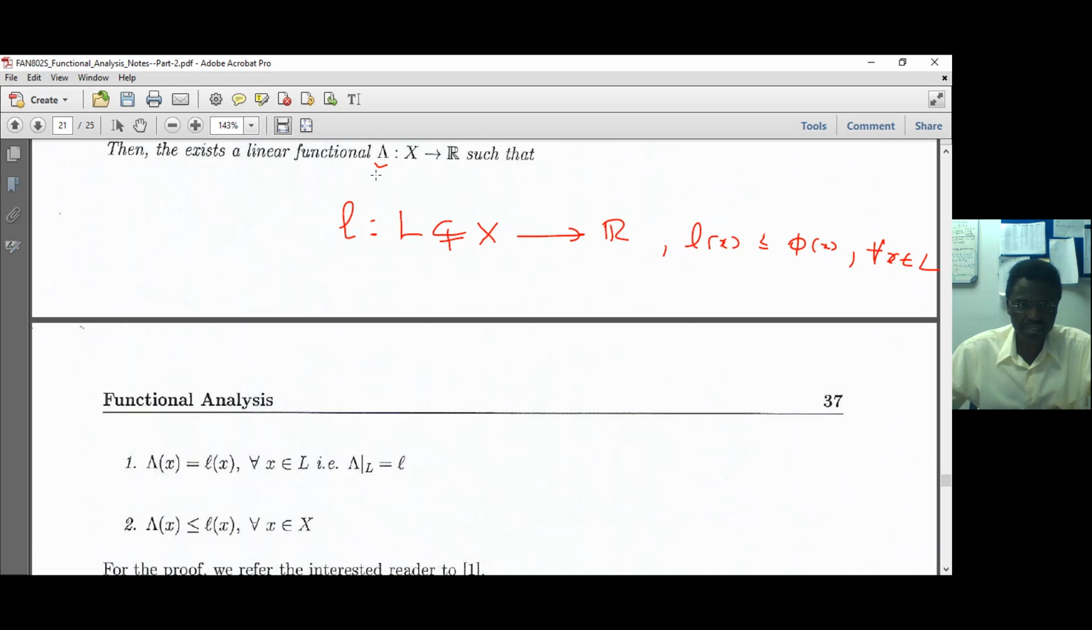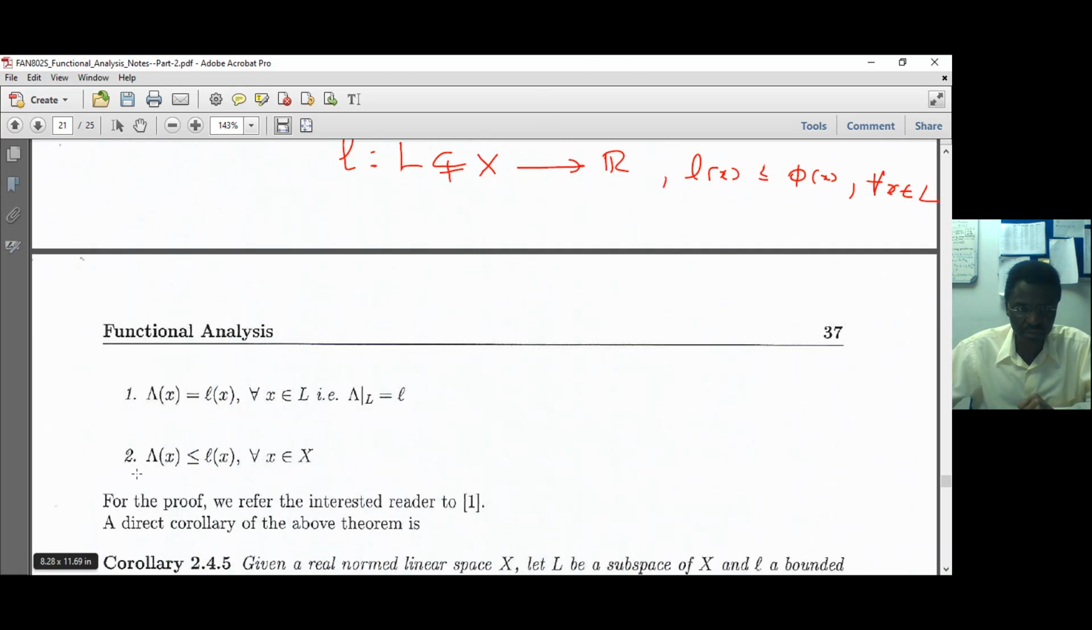Now, to say that this gamma is an extension means that gamma and L coincide on capital L, right? For any x in L, the two coincide. That's what it means to be an extension. Extension means that we are the same on the smaller set. That is, if I restrict lambda to capital L, it will be equal to lowercase l. Okay, and over the entire space, you can see that we still have